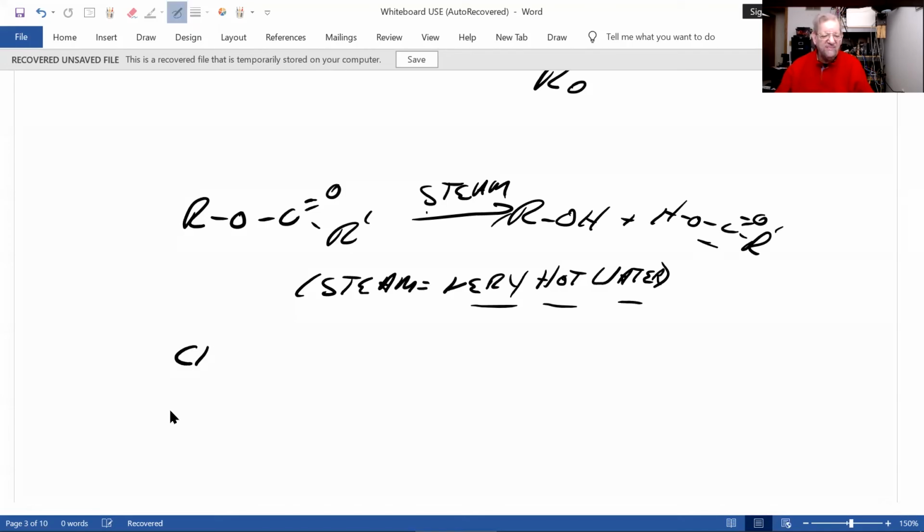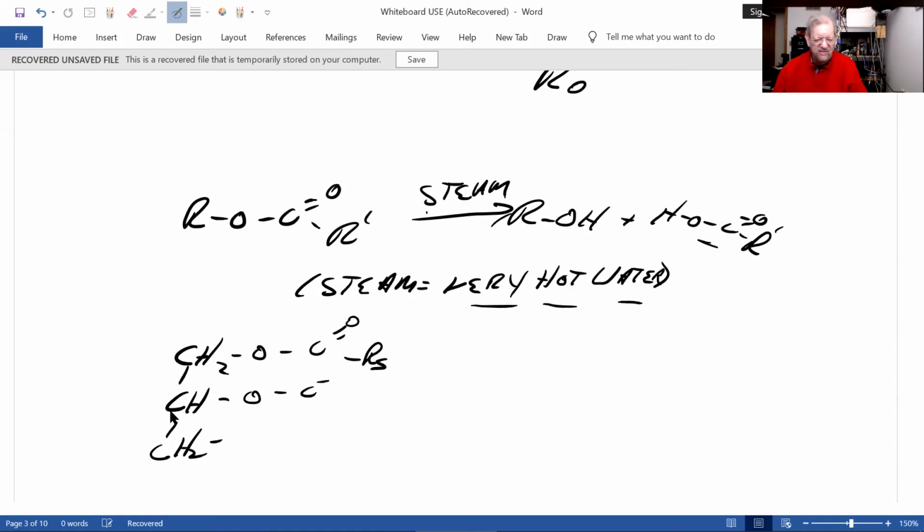So if I take tallow or white grease or yellow grease, which I'll designate like this, and add steam,